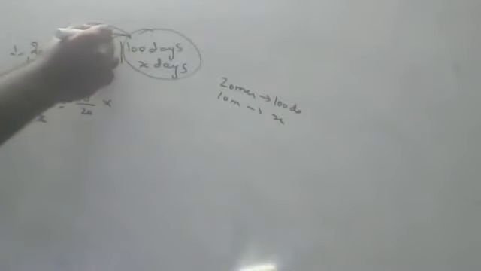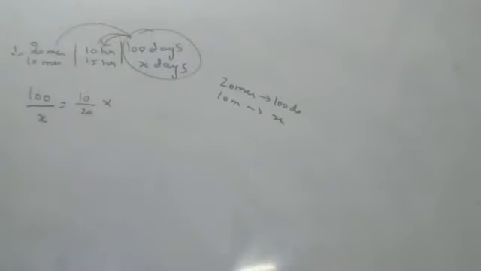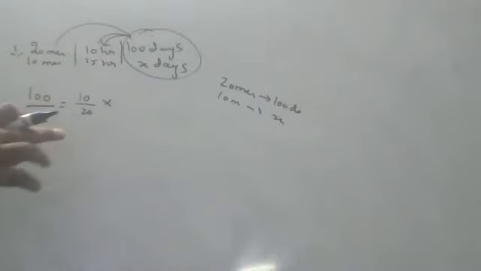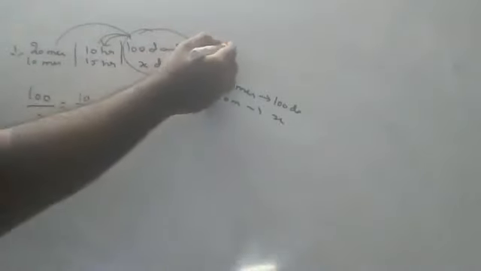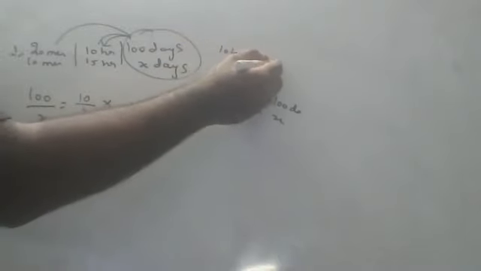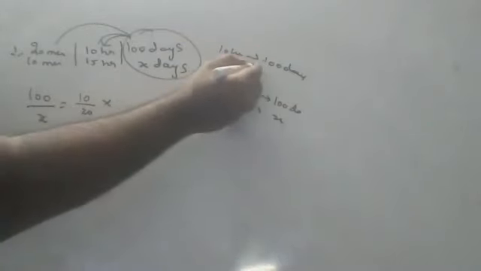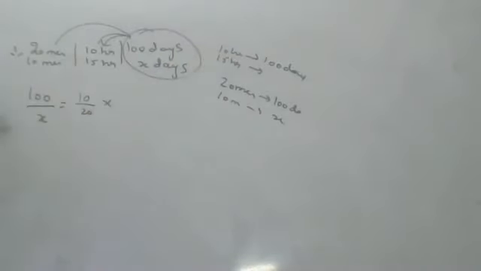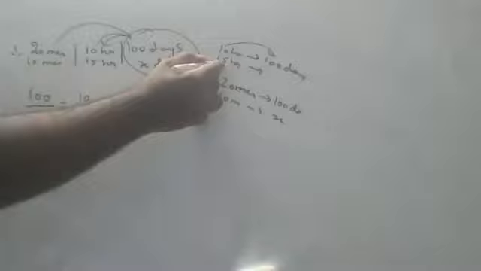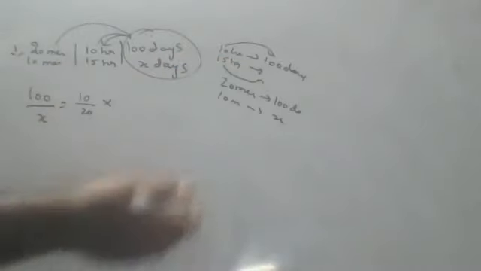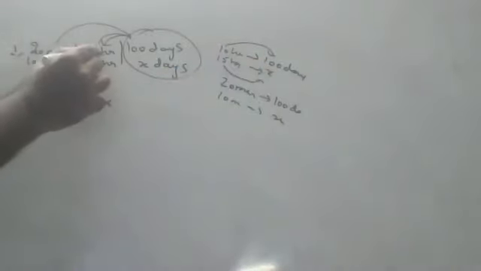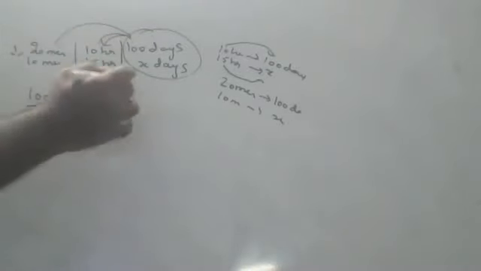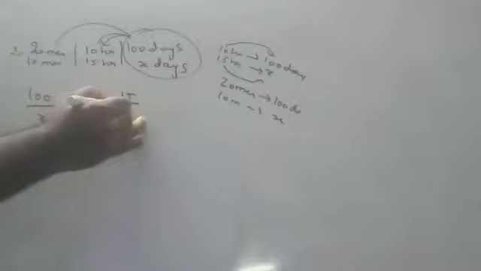Now, hours and days we will see. Children, you tell me now, if you work more hours, you can complete the work sooner. Suppose if you work 10 hours, you complete the work in 100 days. If you work daily 15 hours instead of 10 hours, you will take fewer days. 15 hours means fewer days. So time is also inversely proportional. So you have to write 15 by 10.